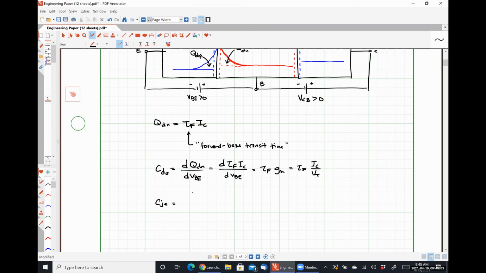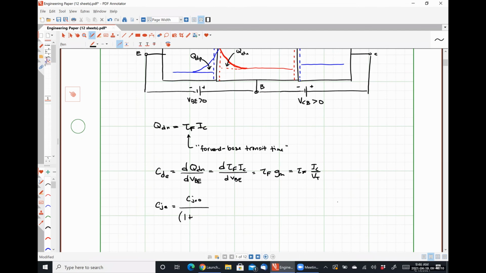And so we can simply say that it is going to be whatever the unbiased junction capacitance is divided by 1 plus, and we want the reverse bias voltage here, so that would be VEB over the built-in voltage of that junction raised to the coefficient M